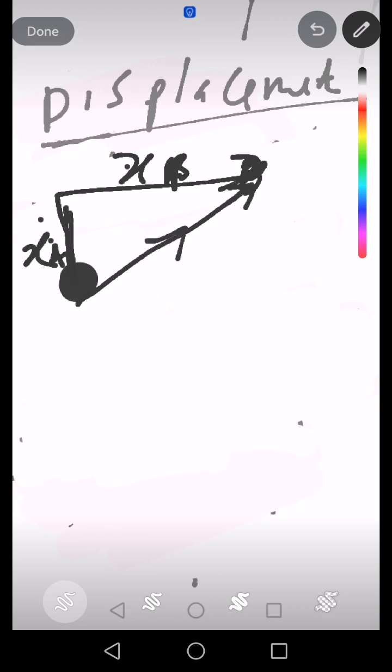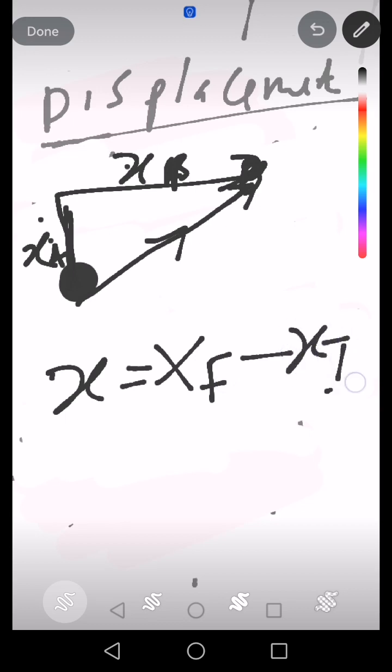Displacement is the path taken by an object in a specific direction. And that's why the displacement is x final minus x initial. That is the formula for displacement. Yes. So let's go to